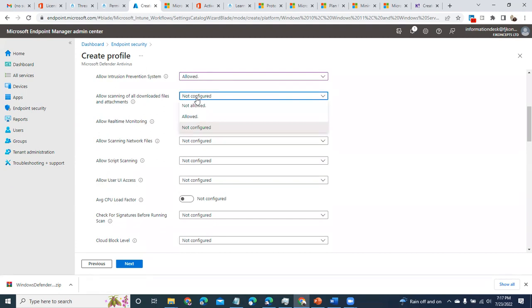Yes or no, like I said, is relative. So you probably want to check your environment. For the majority of users, you want to say yes. In some environments where ideally we shouldn't be downloading things from the internet, you want to set this enabled. In some very peculiar business cases, you might want to create a unique policy for that business unit, which probably are high volume. But anything downloading from the internet, you want to scan it. Allow real-time monitoring. This is a big yes.